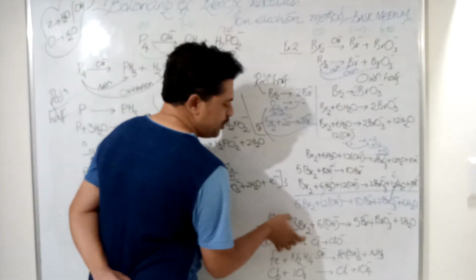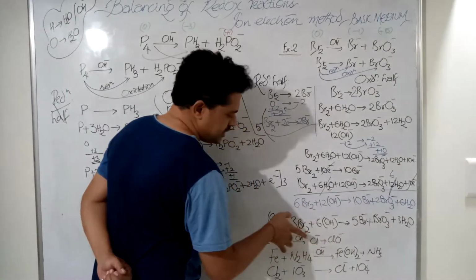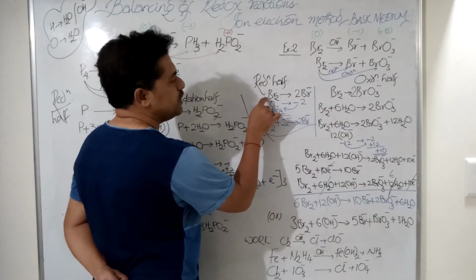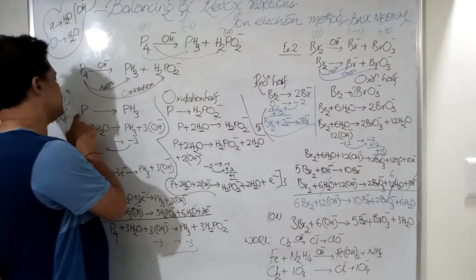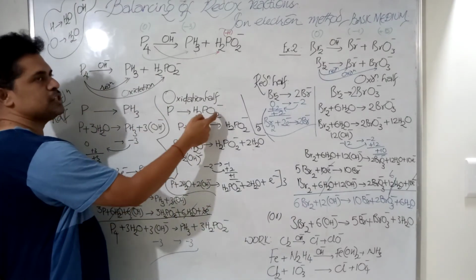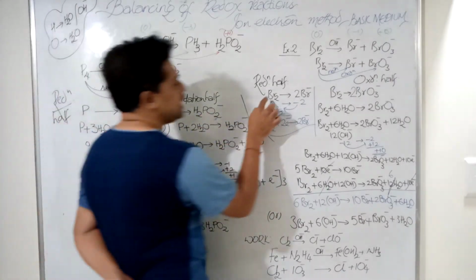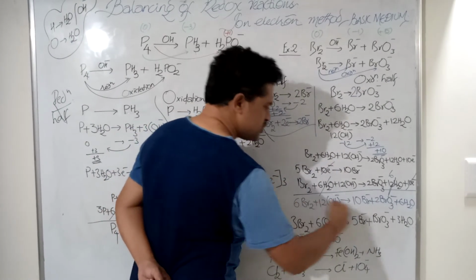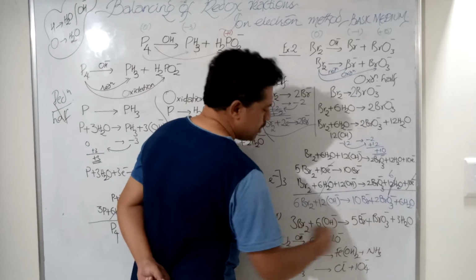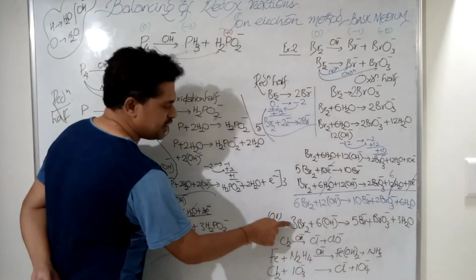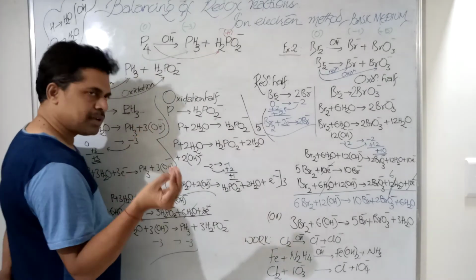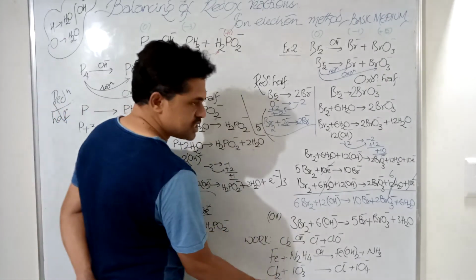Okay, you will get this equation directly. This equation directly if you are using Br. Okay, instead of Br2, if you have used like P, I have mentioned here P, na? P4 gives PH3, H2PO2 minus, single atom. If you are taking single atom, this making of half is not required. Of course, this is also right answer, no doubt in that one. But this is the simplified form, and generally you need to give in this way. And take some time, 5 minutes time, and solve all these questions.